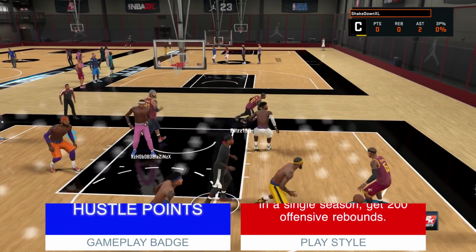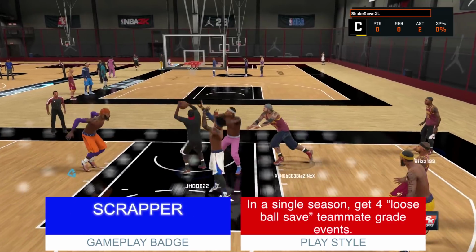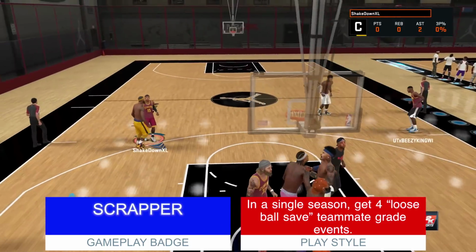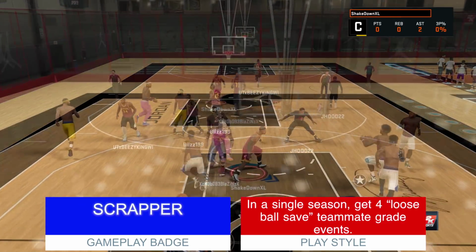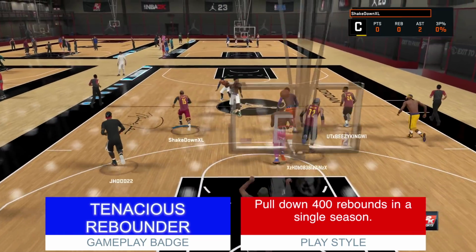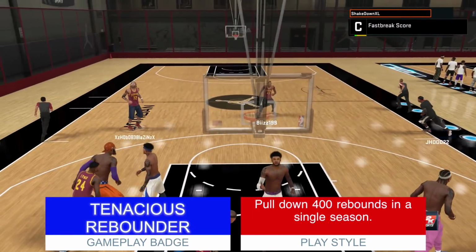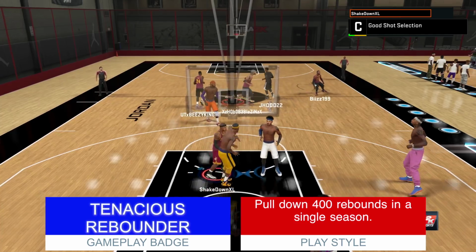Hustle Points. In a single season, get 200 offensive rebounds. Scrapper. In a single season, get 4 loose ball save teammate grade events. Tenacious Rebounder. Pull down 400 rebounds in a single season. That's how I got Tenacious Rebounder, and it's partly the reason why I don't even have any rebounder attributes added